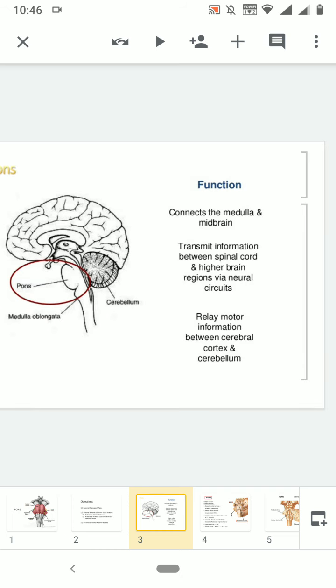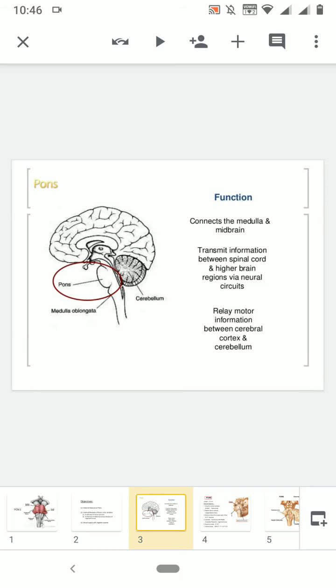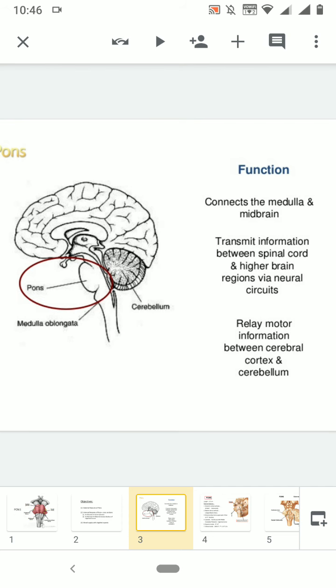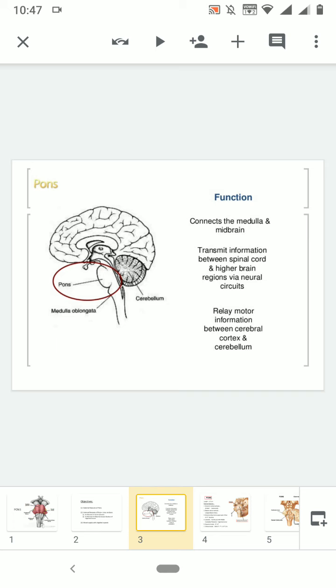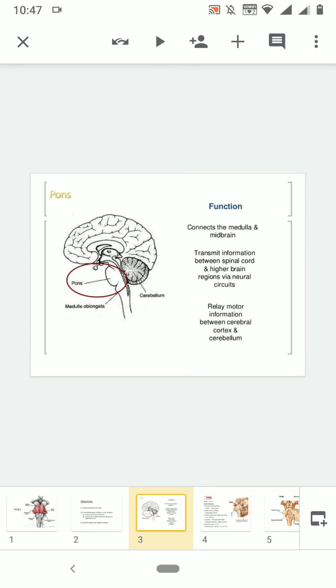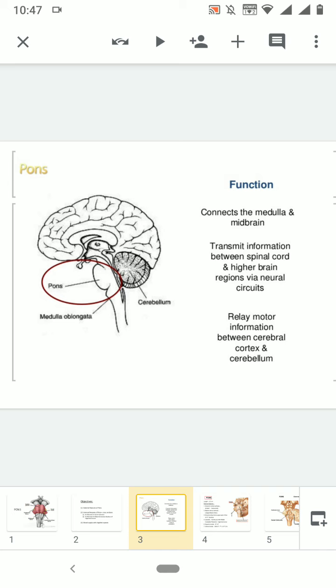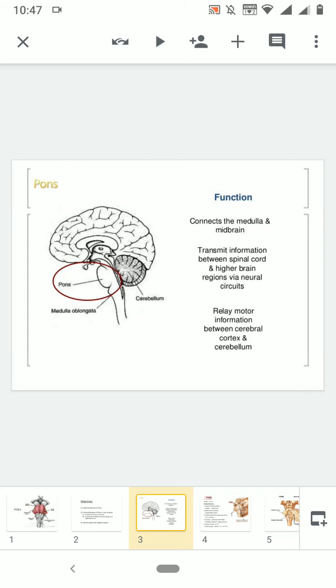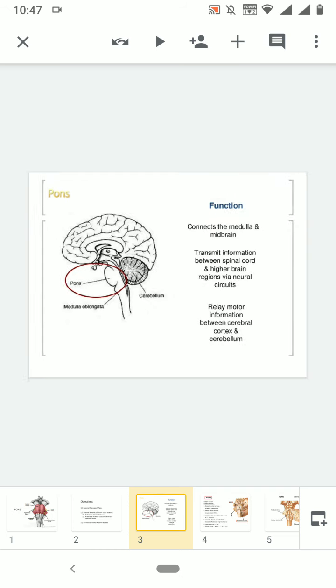Now I told you even in the last class that this brainstem is very closely connected with the cerebellum behind. So the medulla oblongata was connected with the cerebellum through the inferior cerebellar peduncle, the pons is connected with the cerebellum through the middle cerebellar peduncle, and the midbrain is connected with the cerebellum through the superior cerebellar peduncle. Now the middle cerebellar peduncle is thus a communication between the pons and the cerebellum, and it actually gets the fibers also from the cerebral cortex. So it is through the pons that the cerebral cortex will connect with the cerebellum.